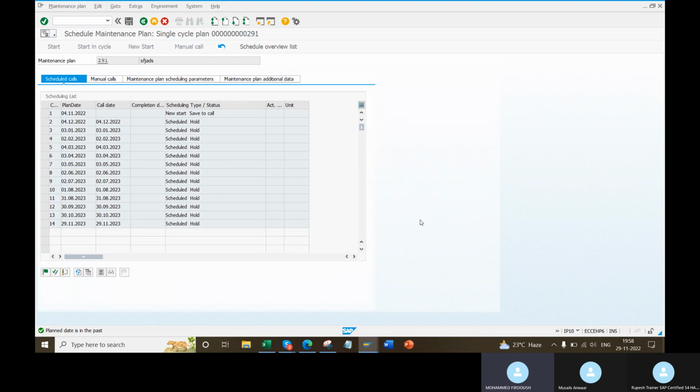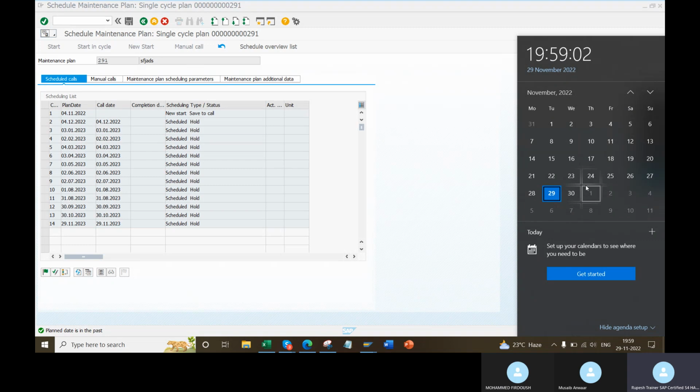Sir, you gave that start cycle date, but here it is calculating from 4th of November. Maybe it is 31 days, this month may be 31, so that's why one day is going before.